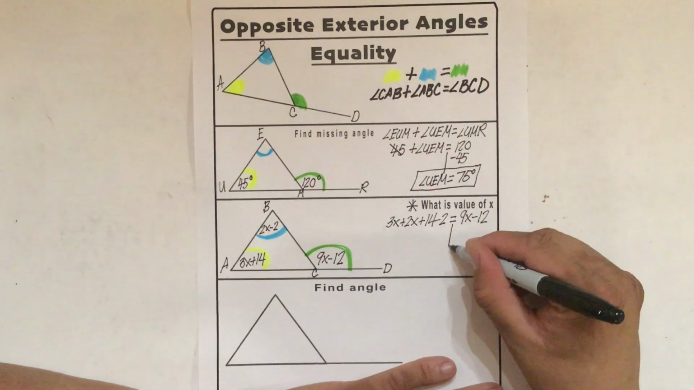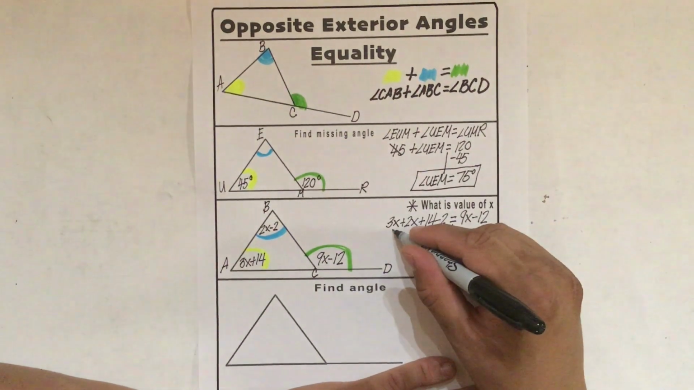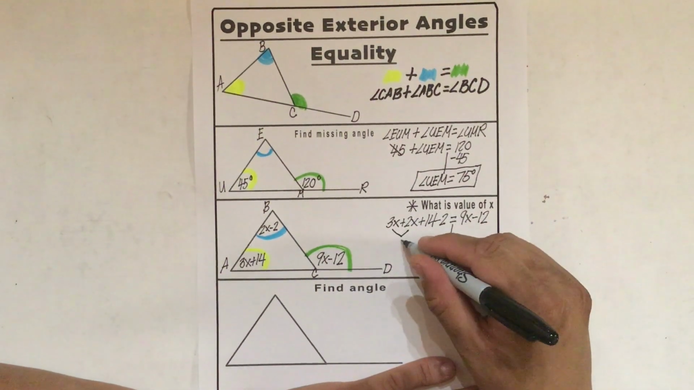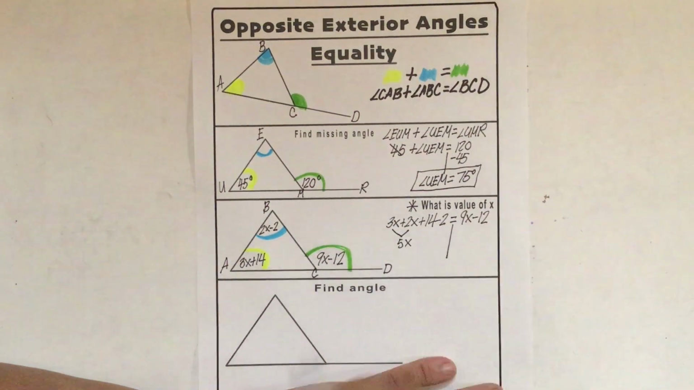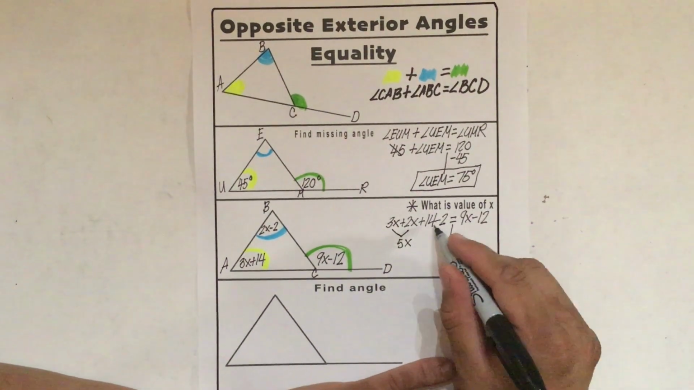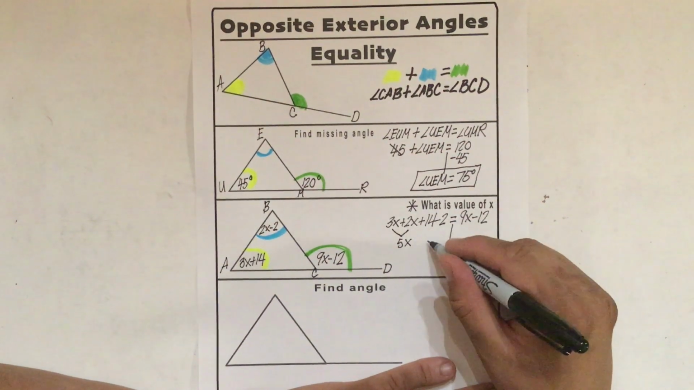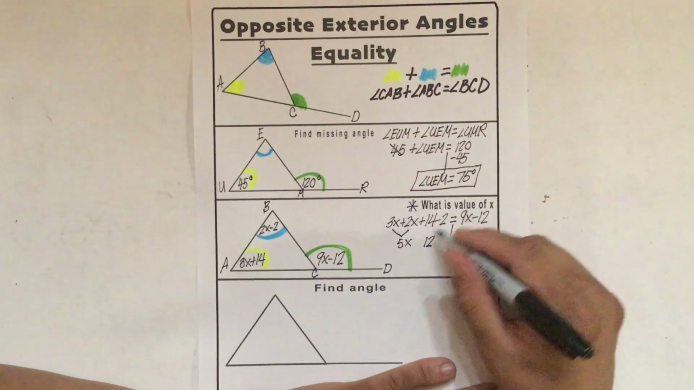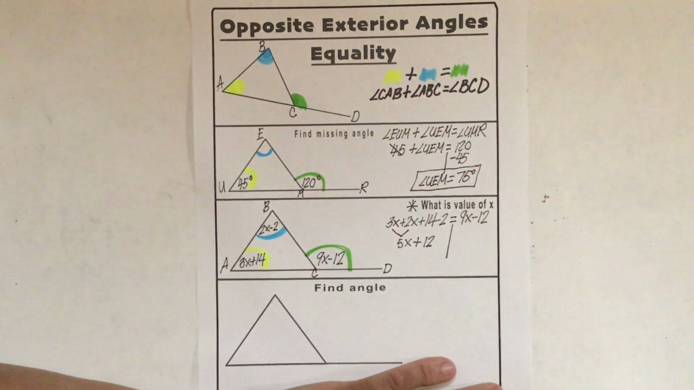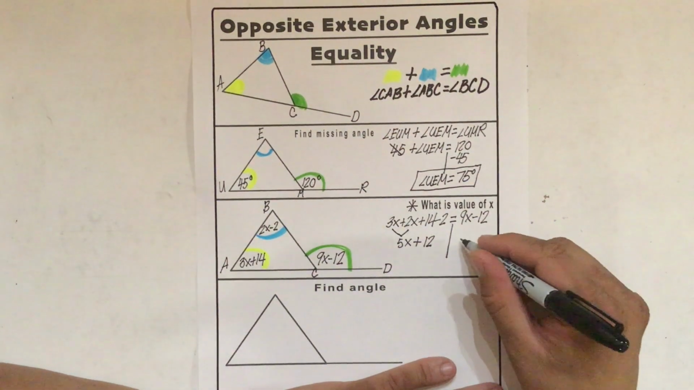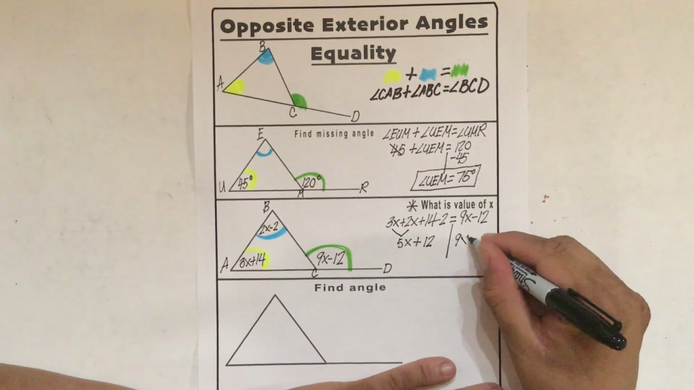So just like the previous example, let's combine like terms. So 3x plus 2x is 5x. A positive 14 and a minus 2, so they're different signs. 14 minus 2 is 12. 14 is bigger and it's a positive. Now you see this 9x minus 12, nothing happened to it, so I'm just going to bring it down